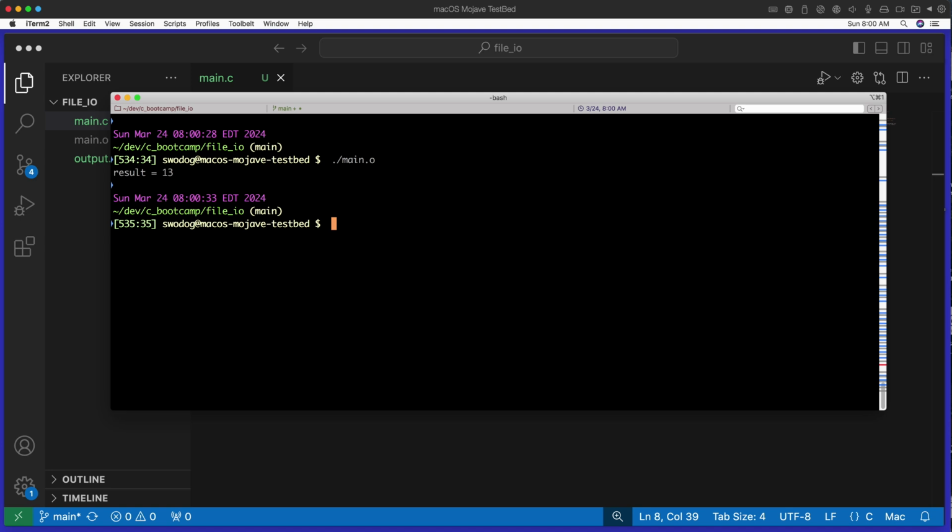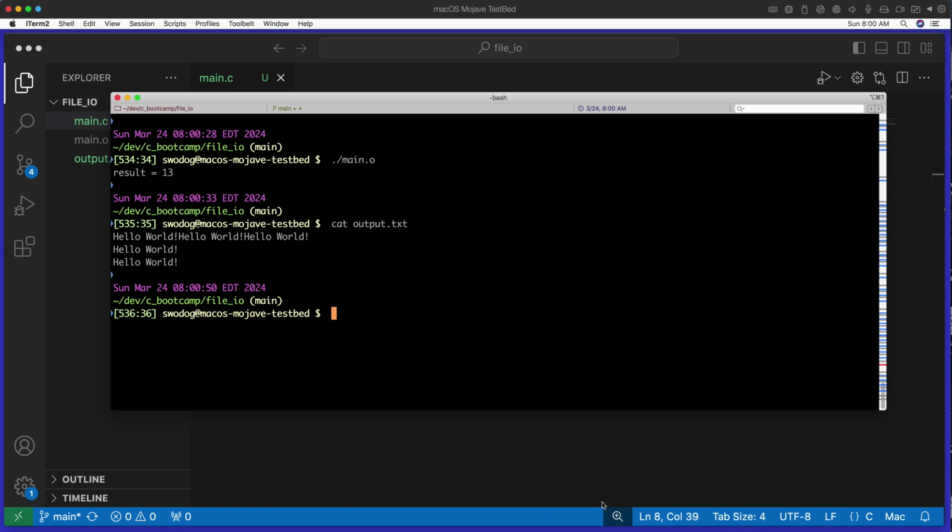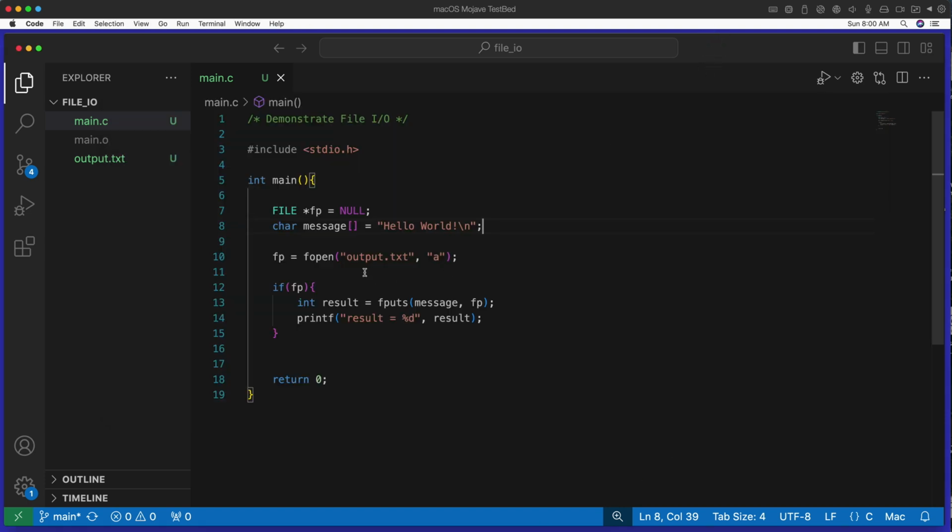And the reason why is because I'm writing that carriage return line feed, right? So let's do cat output text. And of course we have another one. So same effect, right? Whenever you see a char pointer, you can pass in an array name, like this right here. You can pass in the string directly. But in another example, let's do this, right? So we already know that we can put